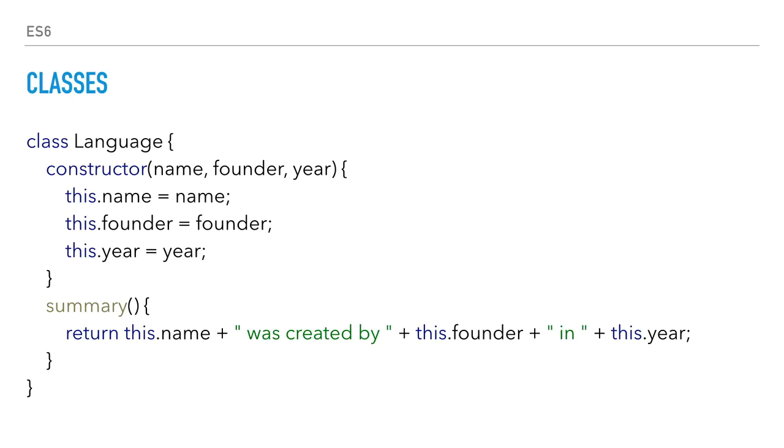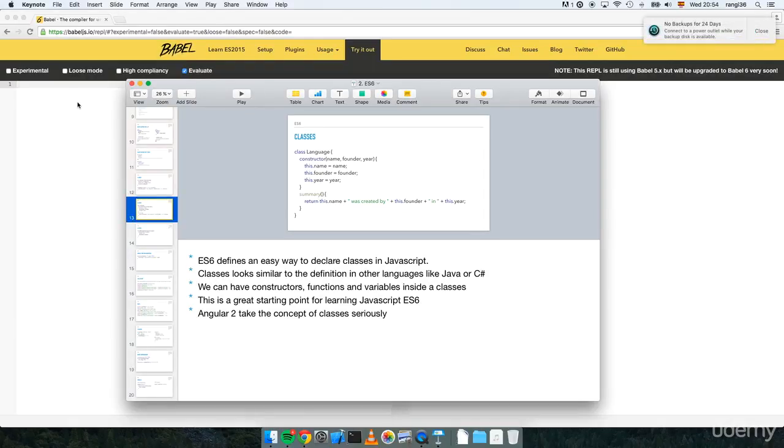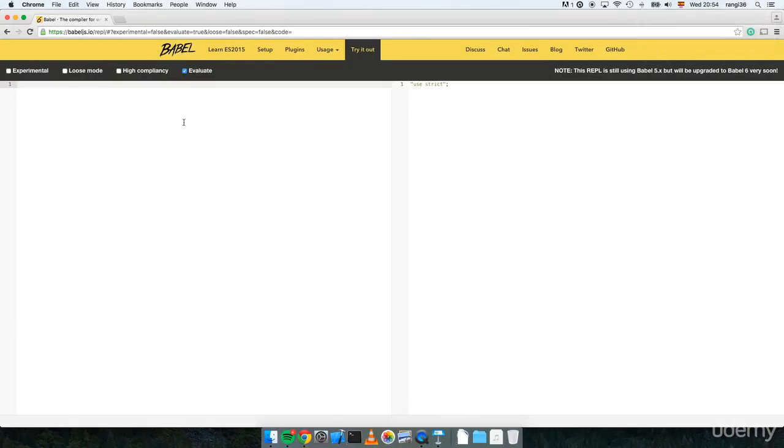Okay, so as always, let's try this in Babel and let's see how it looks, so you get used to writing ES6 code. So we are here. Wow. Okay, so